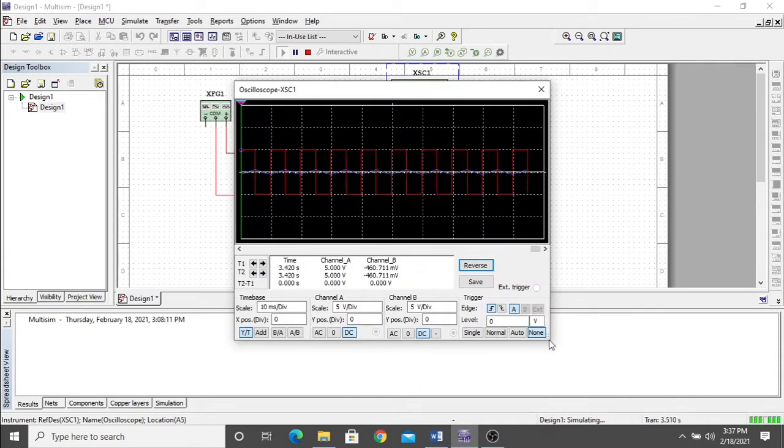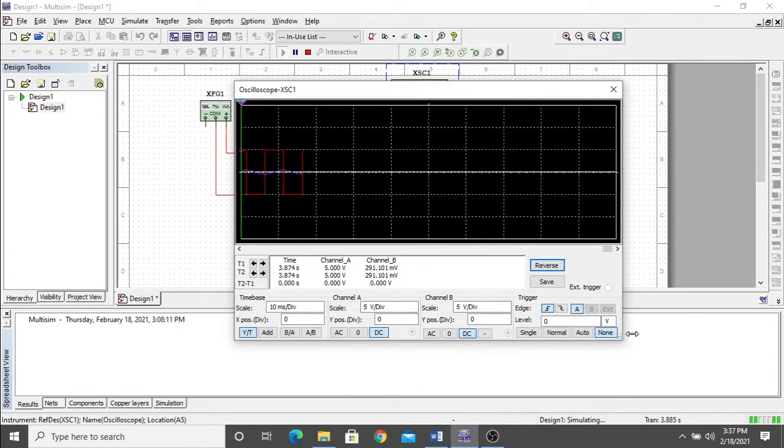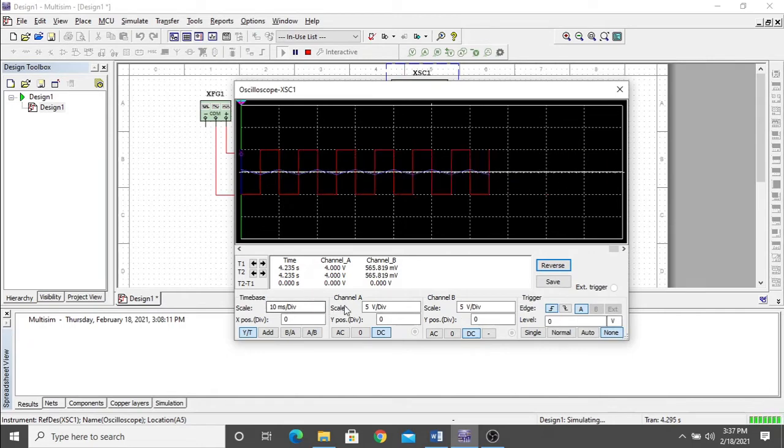So here we can see our waveform. Okay, single. Okay. So channel A is 5 volt per division and channel B is 5 volt per division. So as you can see in this waveform,